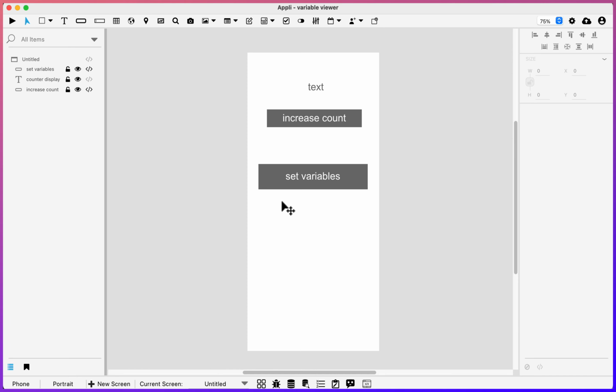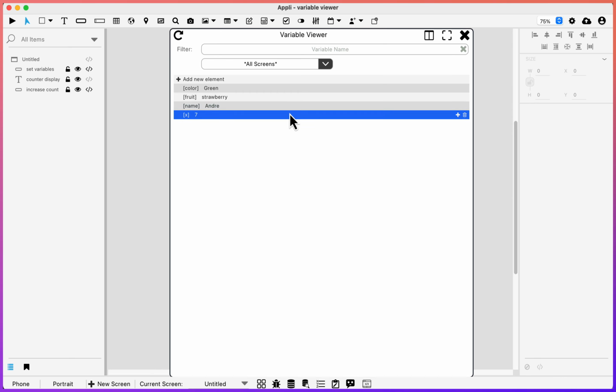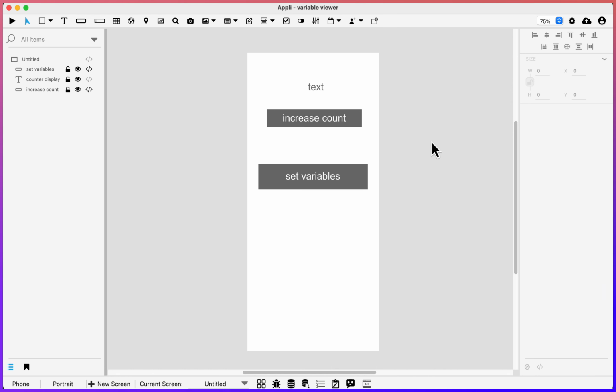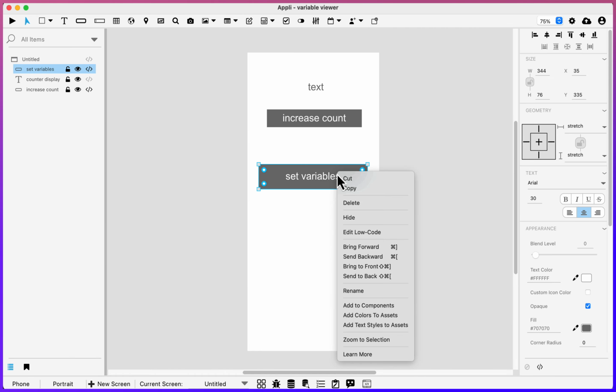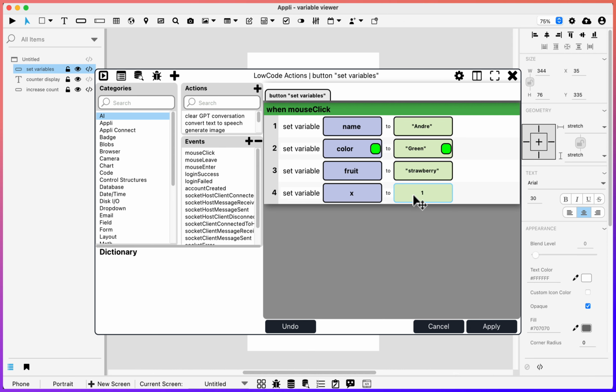Suppose that this X variable was set on some other screen. I could just come here, go to the variable viewer and set it to an appropriate value for this screen and then move on. Also, if you have some bug, for example, suppose that accidentally,